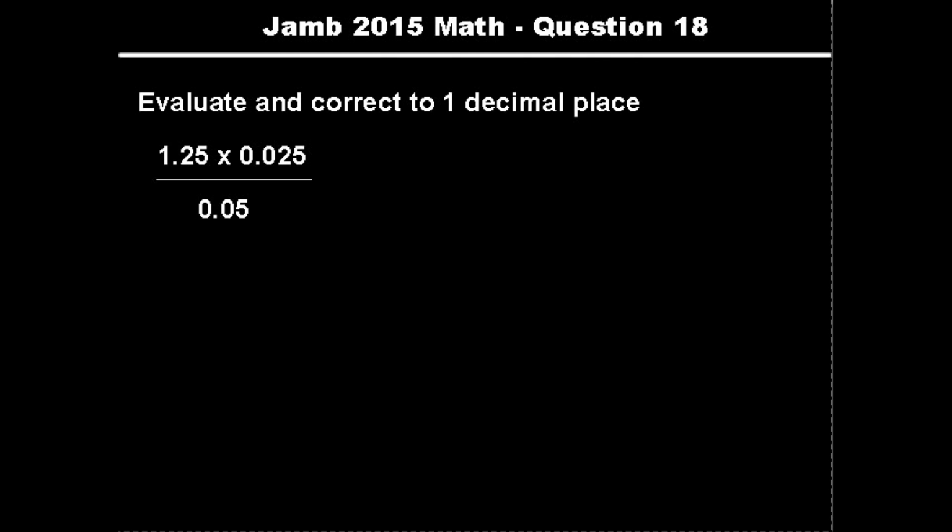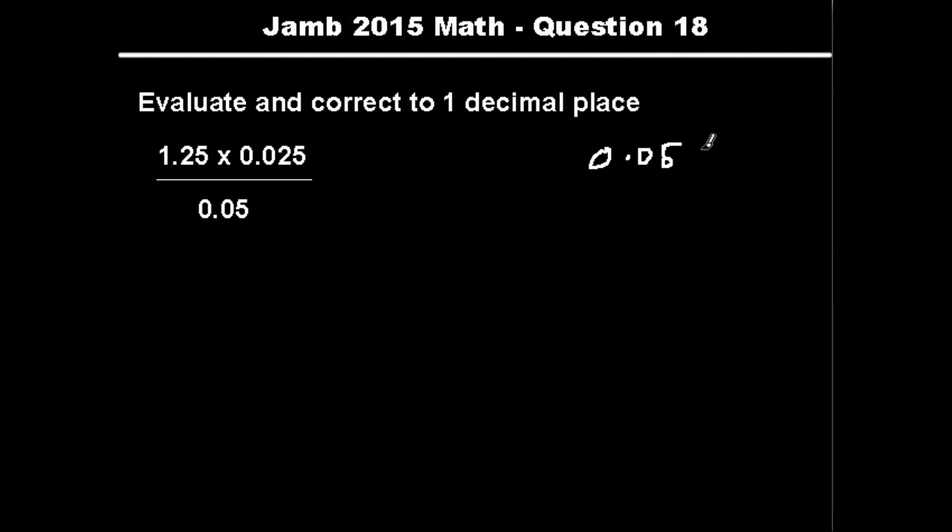Alright, we're being asked to evaluate and correct to one decimal place the following expression: 1.25 times 0.025 divided by 0.05. As with anything, there are many ways to solve a problem like this, but if you were asked to solve this without a calculator, the way I would approach it is to recognize that numbers such as